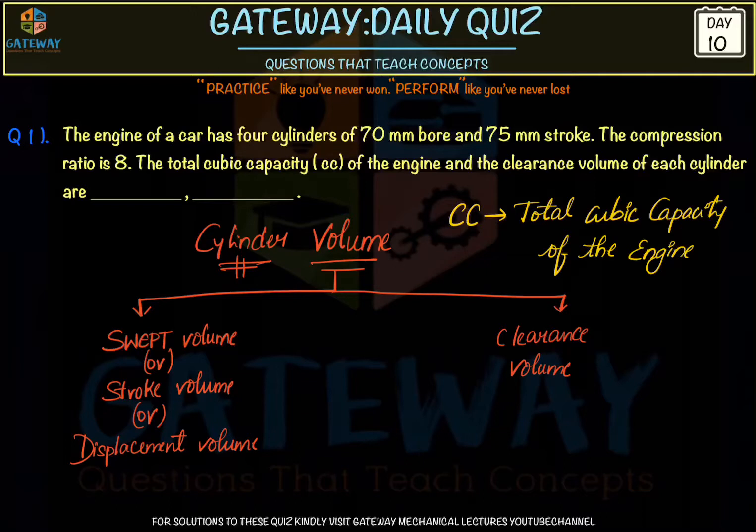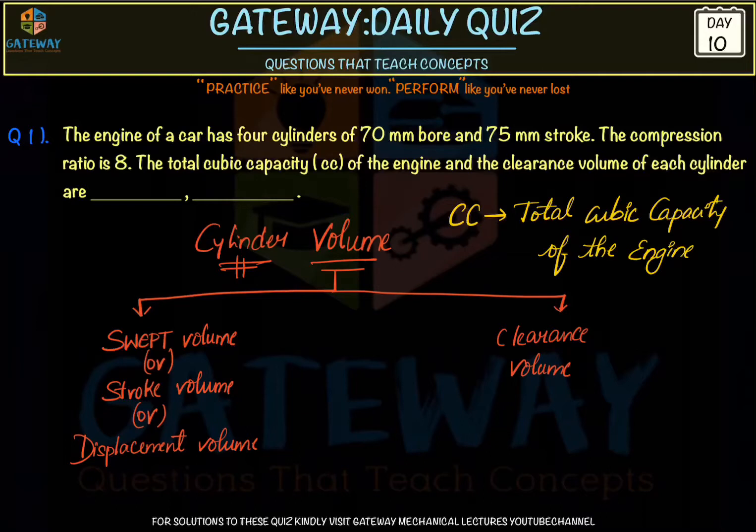In bikes you will generally see 4-stroke SI engines, and in previous models of bikes you used to see 2-stroke engines. These are all single cylinder engines. If it is a twin cylinder engine, with 2 cylinders in the bike, then each cylinder has its own swept capacity, and the total cubic capacity of the engine will be the summation of both the cylinders' swept volumes. So it is the total cubic capacity.